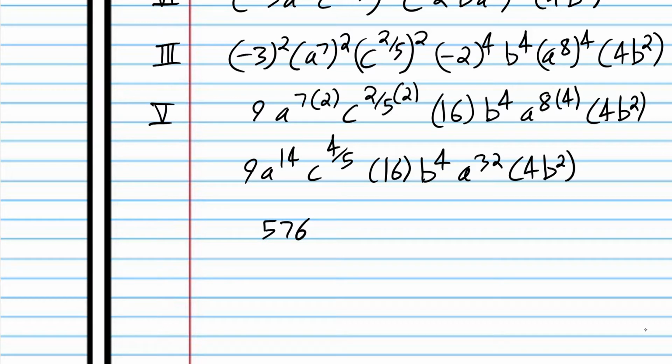And we're also going to multiply all the a's together, so we're going to use rule number 1. So we have a to the 14 plus 32 power. That takes care of all the a's. And then the c,